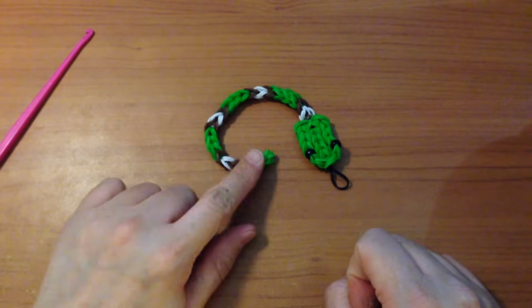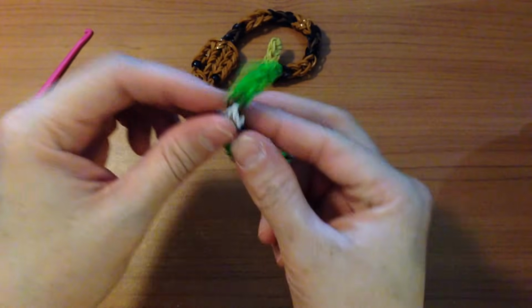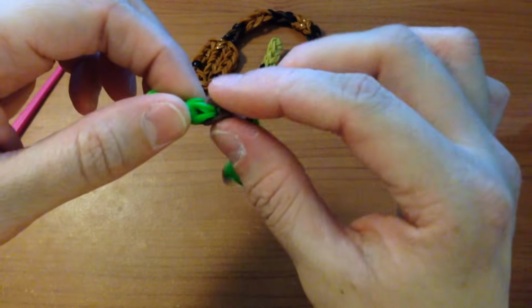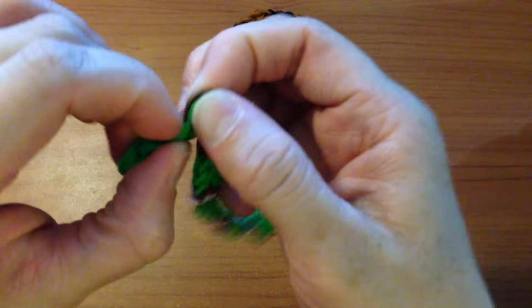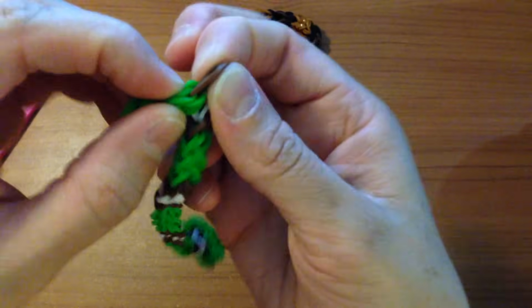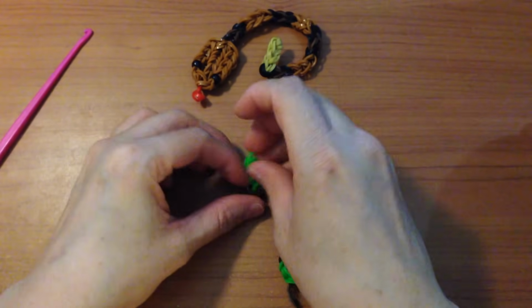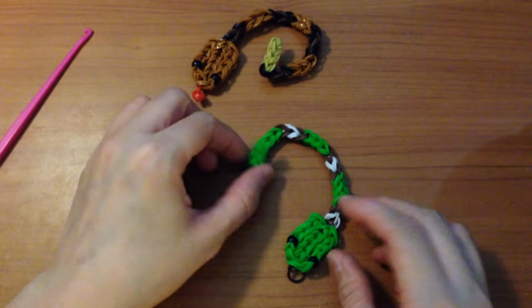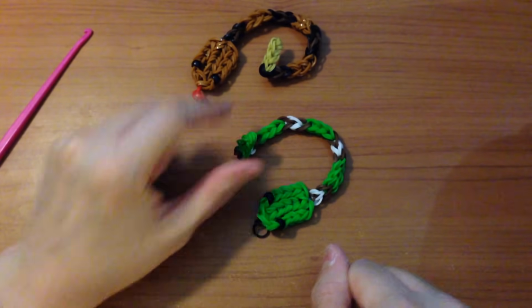Now if you want your snake's tail to stand up like the rattlesnake, you take the brown band and you pull it up. You pull the bands until that sticks up like that, and then it just makes it look like he's a rattlesnake. The next time you make another snake, you can change just the last 3 colors